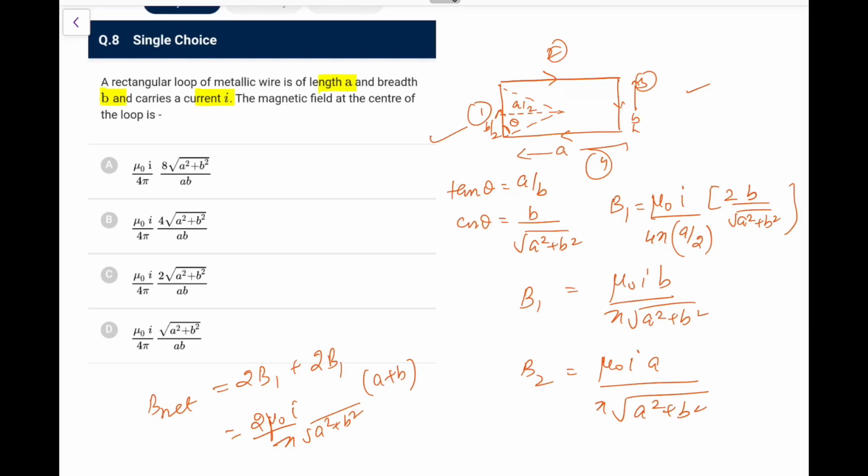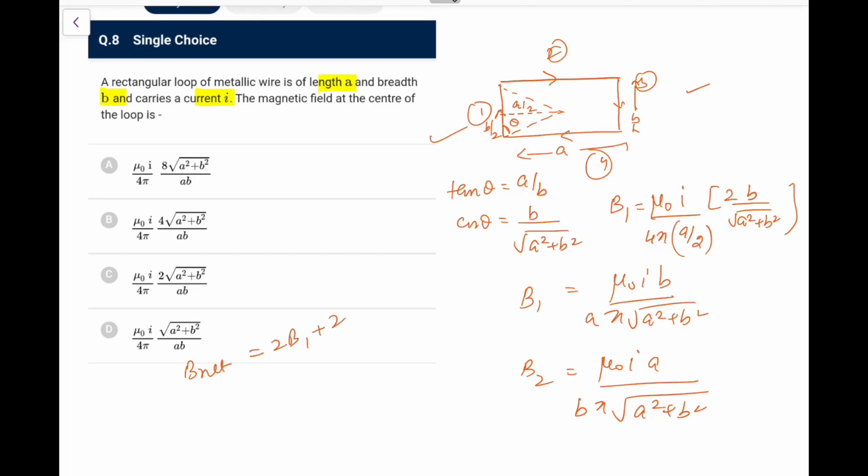So going by these options, what we are left with now, okay, there's one more thing that I have missed. This is A and this would be B, so it won't be that easy. That is my mistake. I just realized by seeing the option I missed that A, so be careful. So the result is same. B net is 2B1 plus 2B2. That I was wrong. I was right.